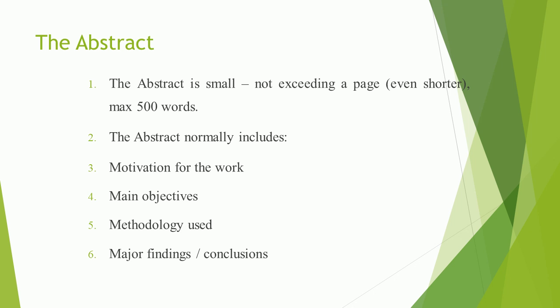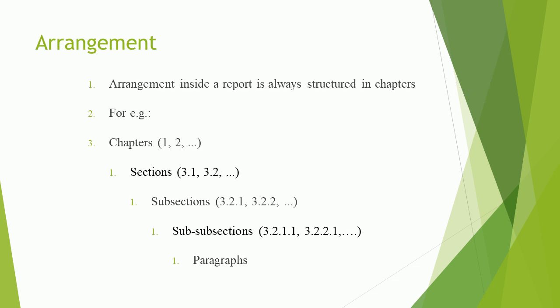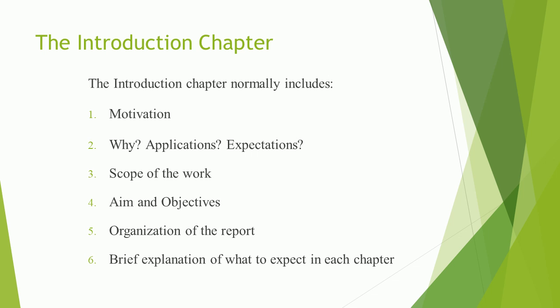The abstract normally includes motivation for the work, main objectives, methodology used, major findings/conclusions, and arrangement. The introduction chapter normally includes motivation, why, applications, expectations, scope of the work, aim and objectives, organization of the report, and a brief explanation of what to expect in each